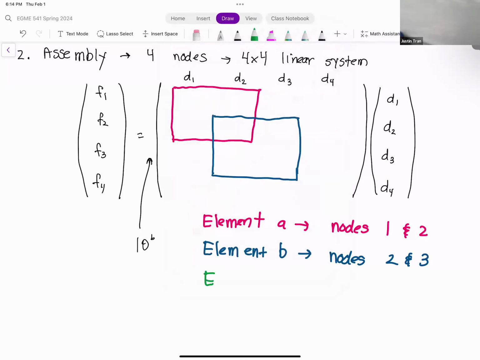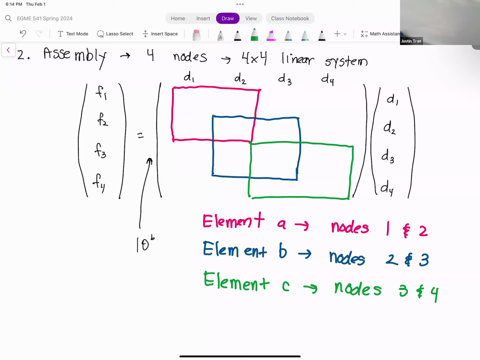Right, and then we have element C. Element C is nodes 3 and 4. Okay, so that's the last 2 rows and the last 2 columns. Just like that. Okay. All those squares should be the same size, but